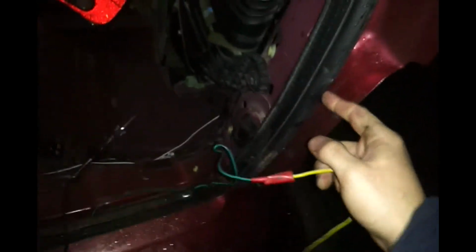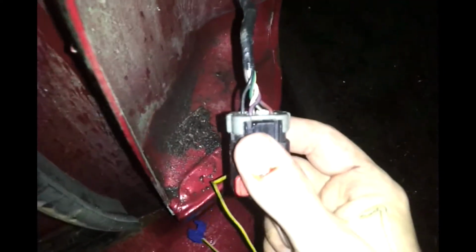was they took the green, and what this green wire is, it's for the right turn signal, and they ran it this way. They took, which I'm not going to remove, but they lifted up my weather stripping, ran it through my weather stripping, left one bolt hole out, and then ran the wire through the bolt hole and in, and spliced it to right here. Just for your information,